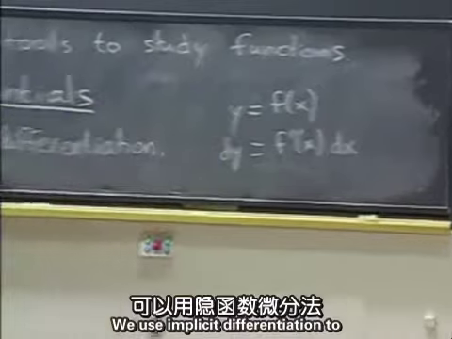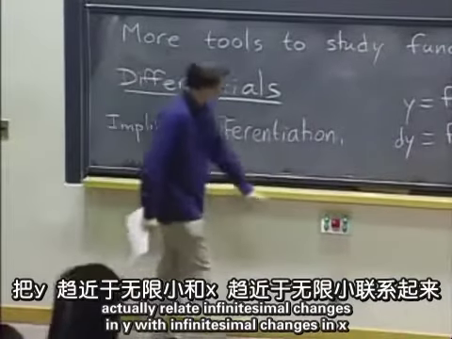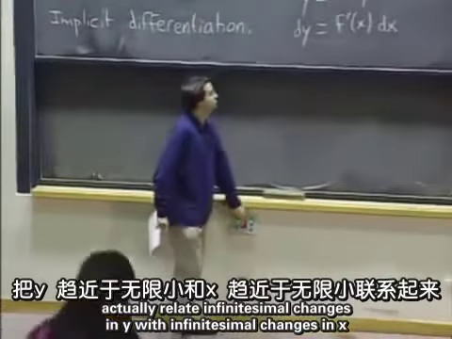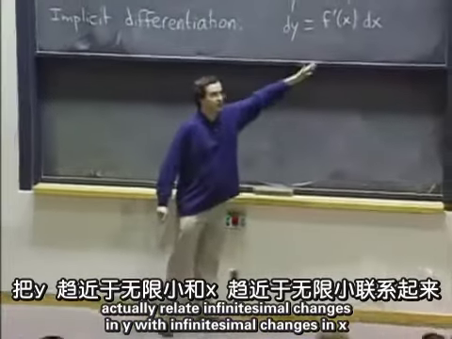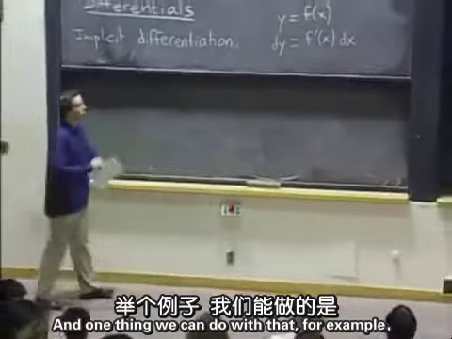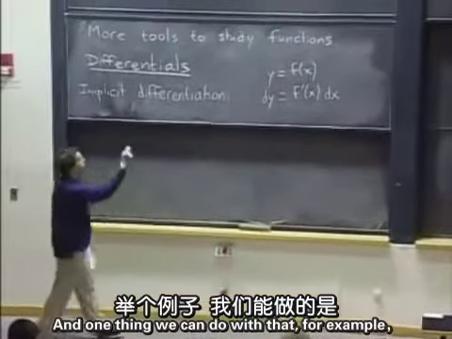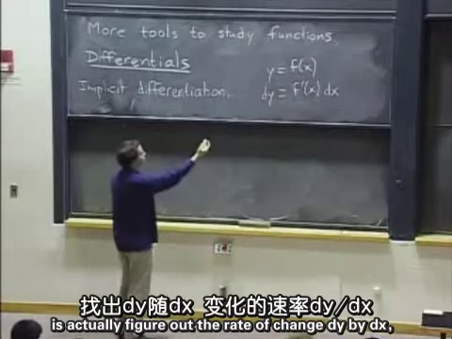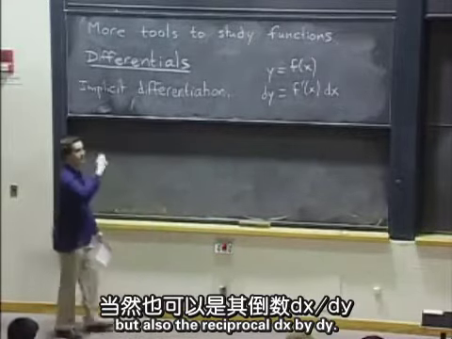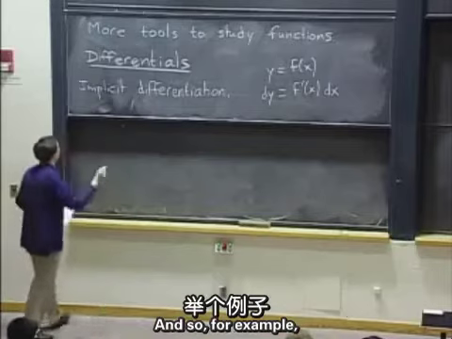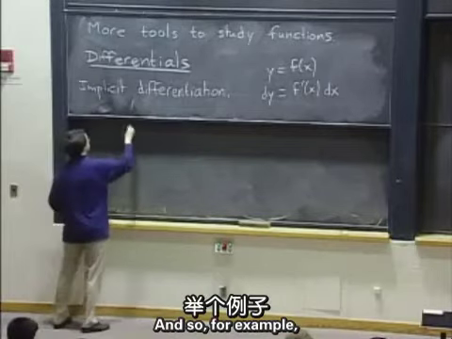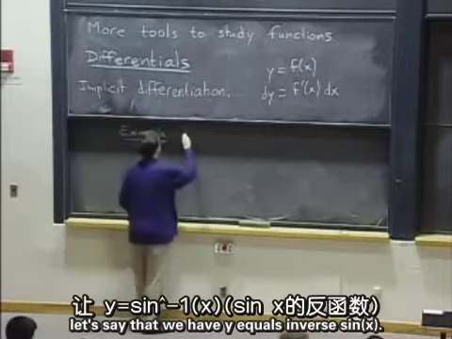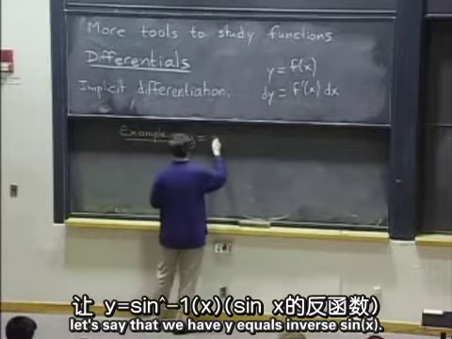So we use implicit differentiation to relate infinitesimal changes in y with infinitesimal changes in x. And one thing we can do with that, for example, is figure out the rate of change dy by dx, but also the reciprocal dx by dy. And so, for example, let's say that we have y equals